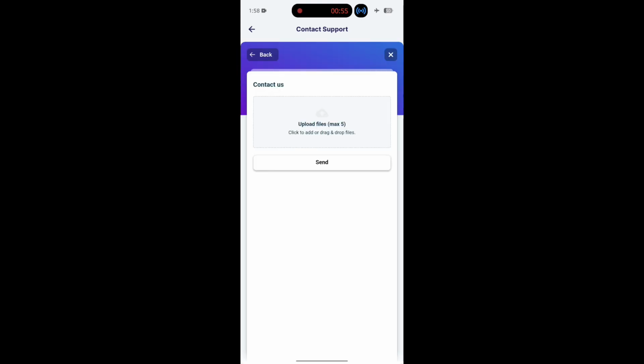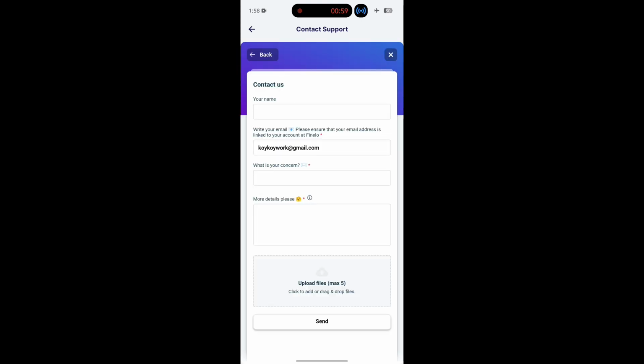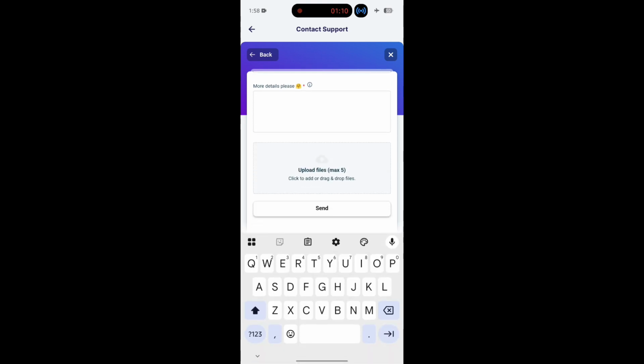Okay, and then just wait for a couple of seconds. And then here, you just have to submit a refund request by providing your name, your email address, and then your concern. Then you just have to add here the details. And if you would like to add files for proof, you can also upload that right here. Okay, so you have to include the payment date as well, your order or transaction ID, and the reason